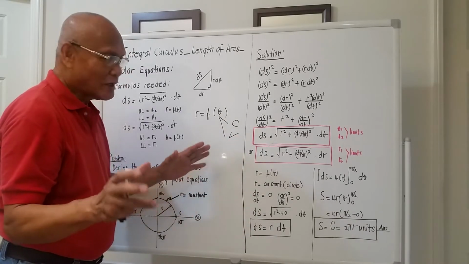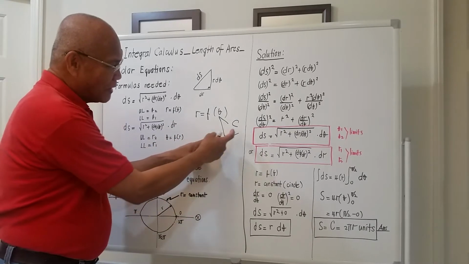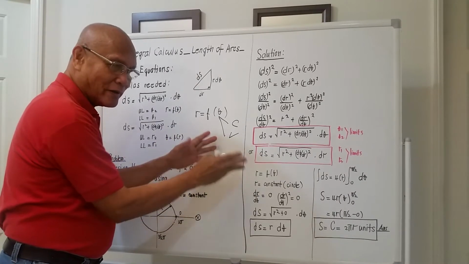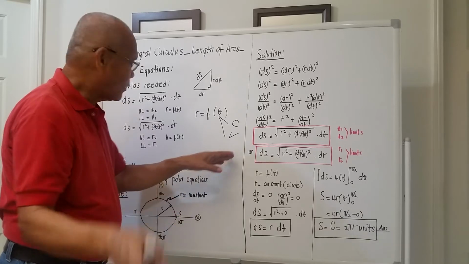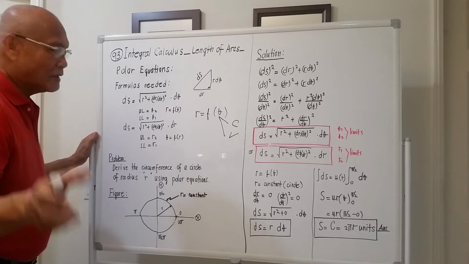So there are two classifications also under r equal to function of theta. If the right-hand side is constant, it's an easy one. If the right-hand side is variable, meaning it's a complicated equation, the problem is not an easy one. Okay, let's proceed. The formulas needed,